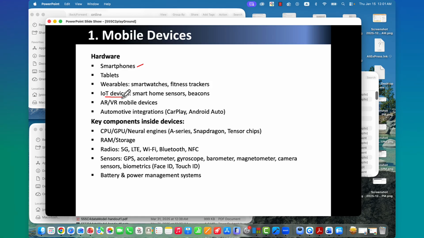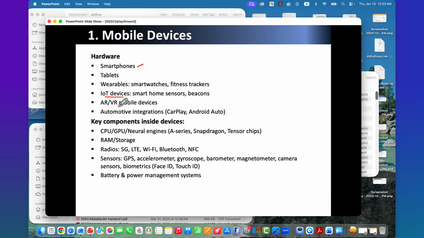So IoT could do something about processing, something about communication, something about the intelligence. Okay.